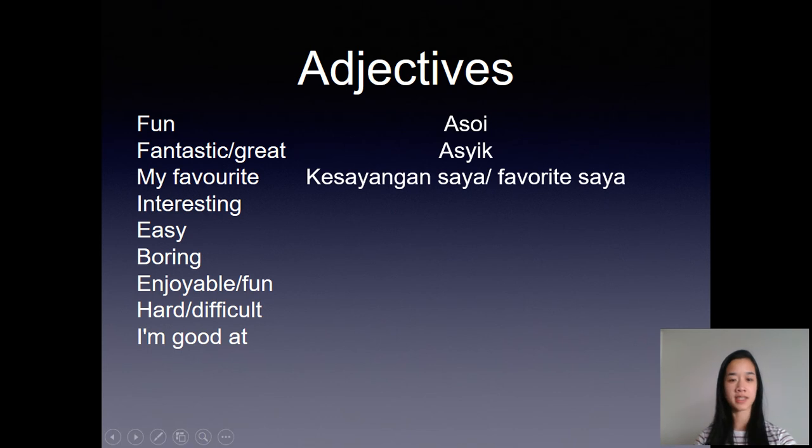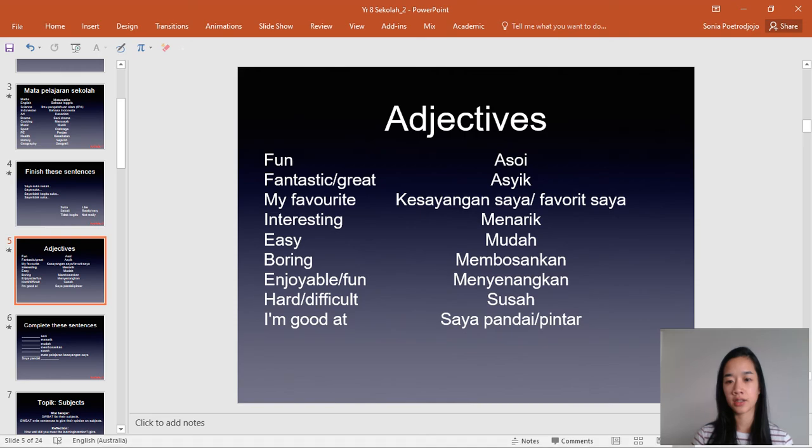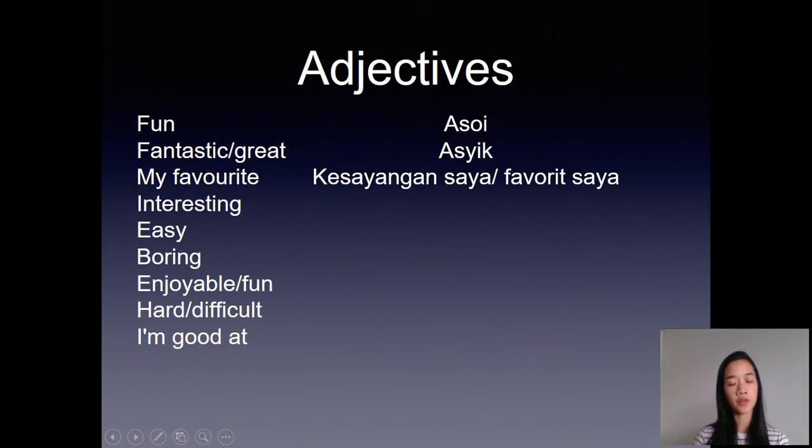And I just noticed a mistake. Favorite is not spelt with an E in Indonesian. So, try and repeat that after me. Let's do the first one and then we'll do the second one. Kesayangan saya, favorite saya. Excellent. Okay, next one is interesting, which is menarik. So repeat that after me, menarik. Easy, mudah,